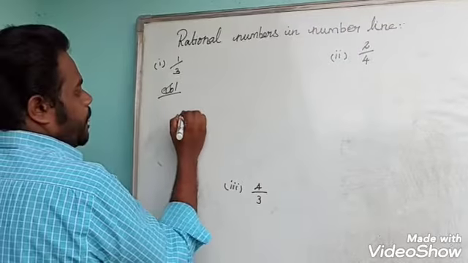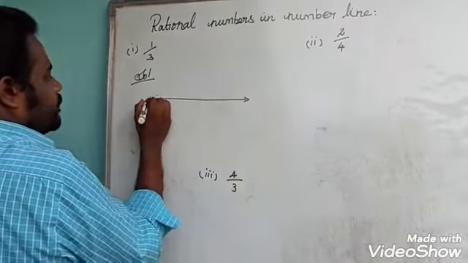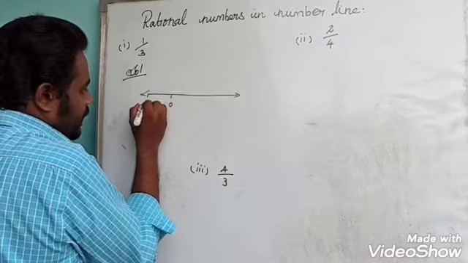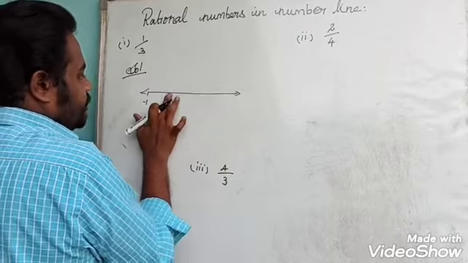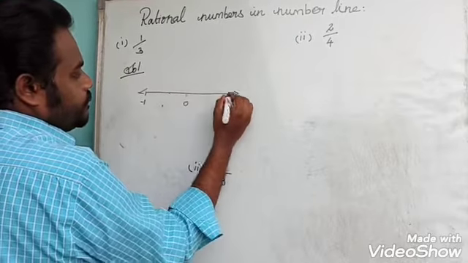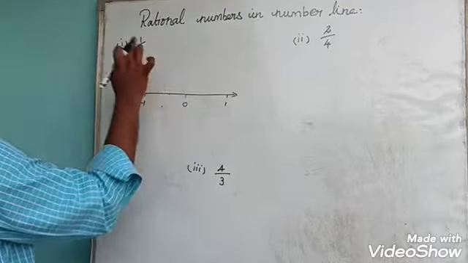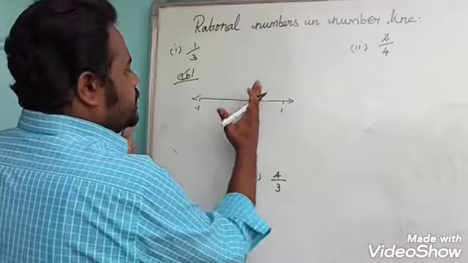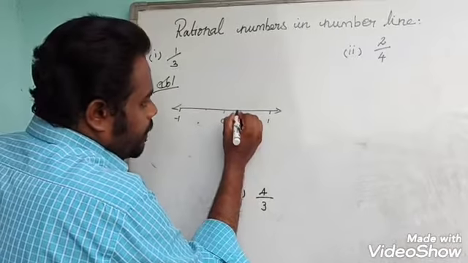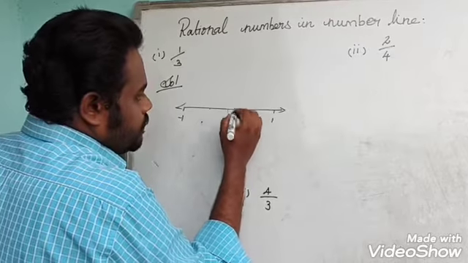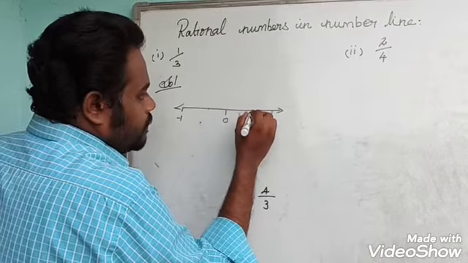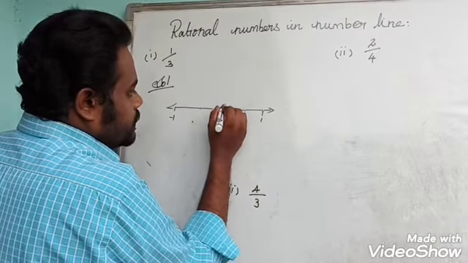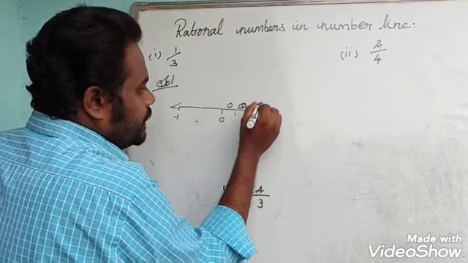So now first question. Always I told you integers are also under rational numbers. So I have to take minus 1 and then plus 1. Here 1 by 3. So proper fraction is between 0 and 1. I have to split this section into 3 equal parts. 1, 2, already 3 is there. So 1, 2, 3. This is first part, second segment, and then third segment.